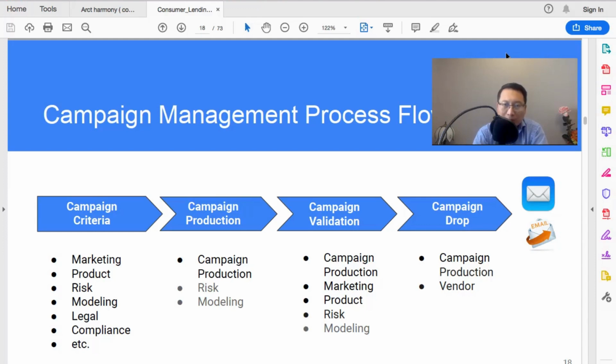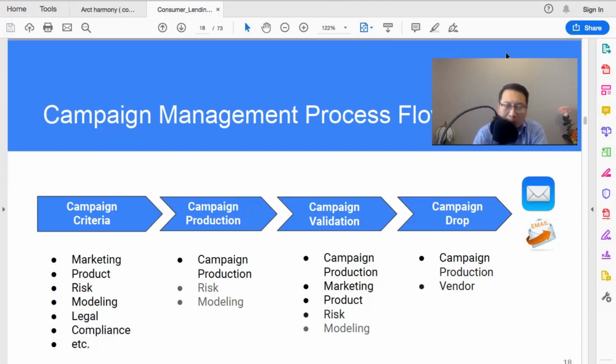Within the campaign production team, there's at least one more person who needs to review the output file against the criteria. Some lenders even use two validators, right? So you can never be too careful.